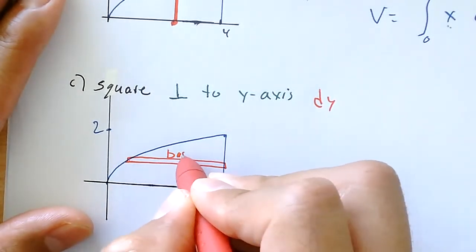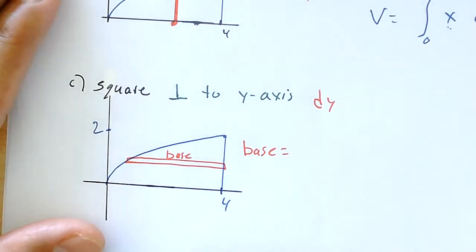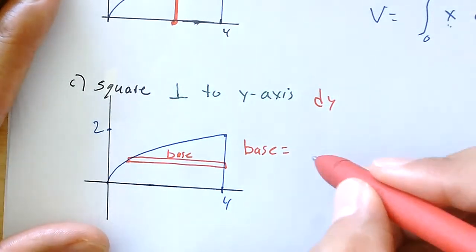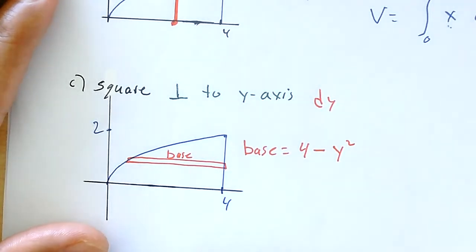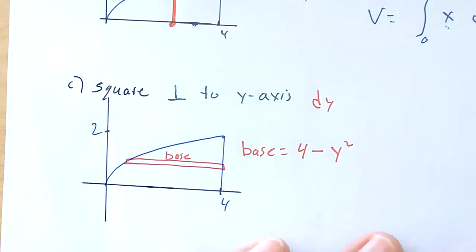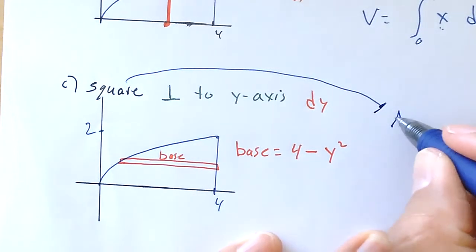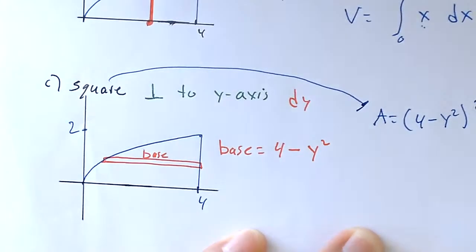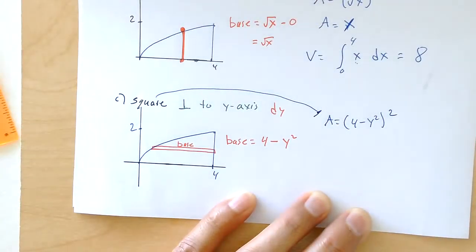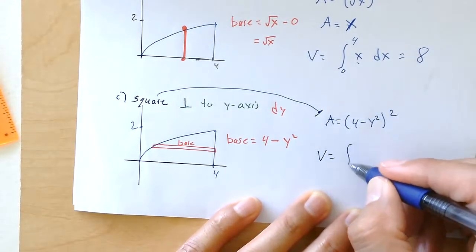And to calculate the base, I need to go right minus the left, like I did in part A. And again, we're talking about a square, and because it is a square, I know the area of a square is base to the second power. And so the volume is the integral of that,